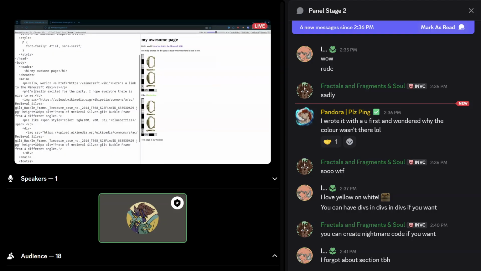Now we're going to make this italic by using the EM tag. I'm really excited for the party. So EM is for emphasis. The reason that, so there exist I and B elements, which stand for italics and bold. But these are